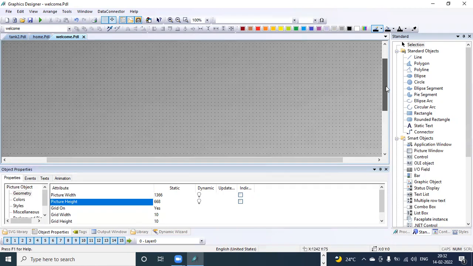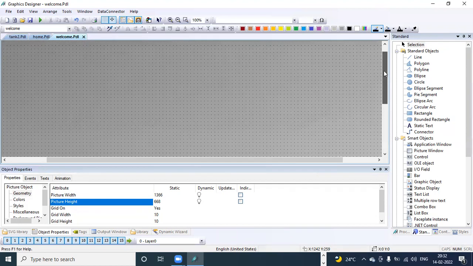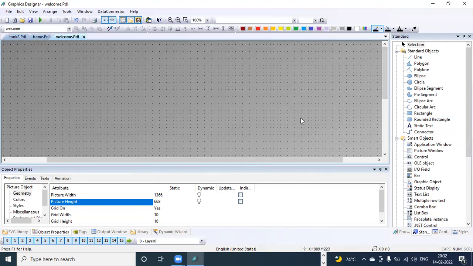Now in this window, what we want to display, like some company name, or some picture, that also you can add. So for the company name, I want to display it at the top here.